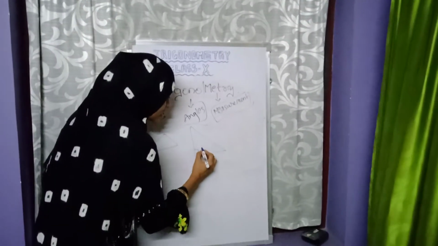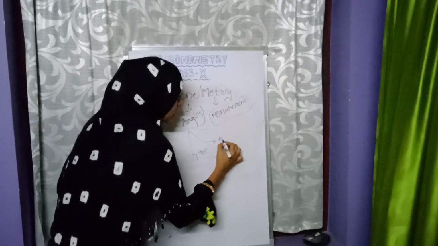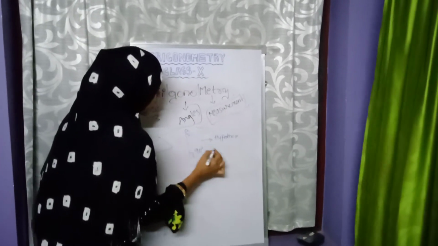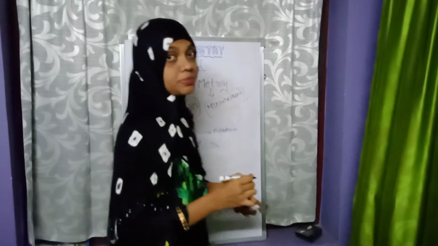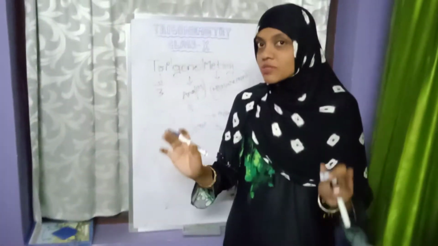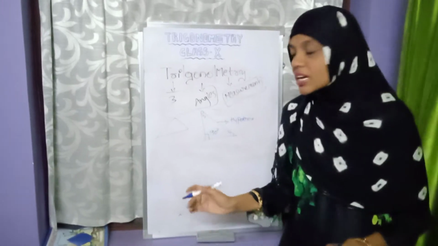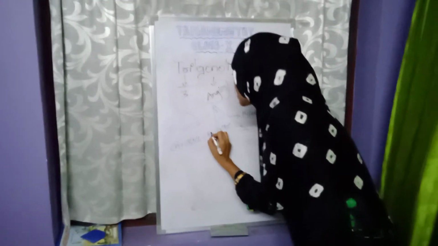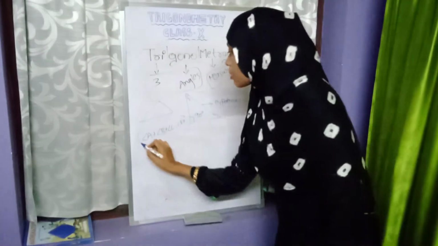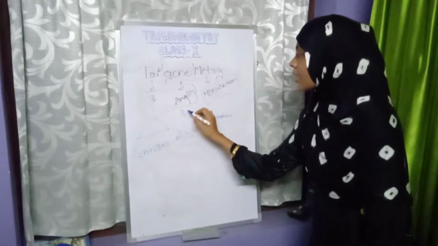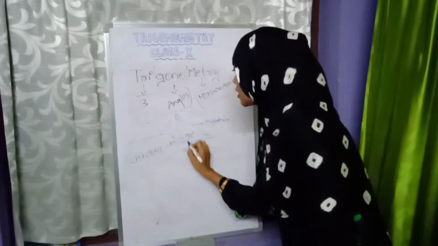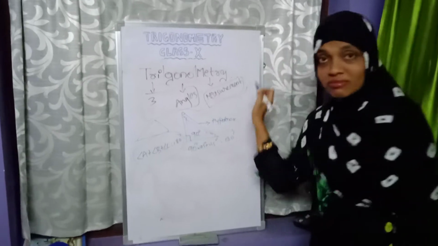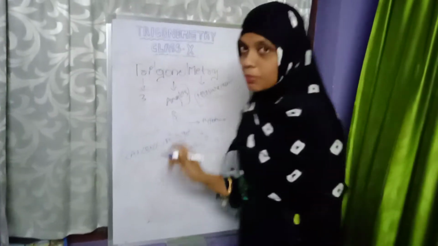Okay, see, in a right angle triangle this angle is 90 degrees and this side is known as the hypotenuse. And the remaining two angles are 45 degrees and 45 degrees. Why? Because we already know the properties of triangles. What are the properties of triangles? The sum of the three angles is 180 degrees. If we add these angles, this is 90 degrees and 45 plus 45 is 90. So what is the value? 180 degrees.